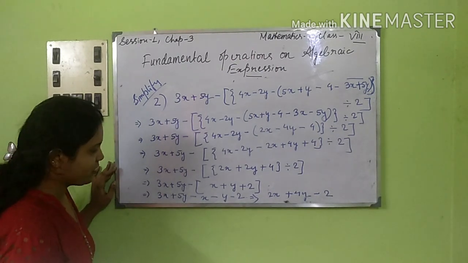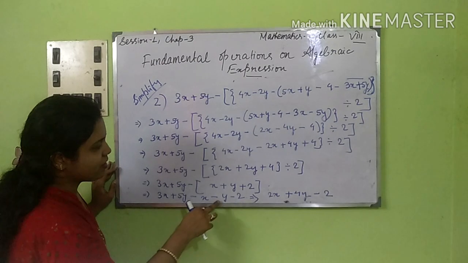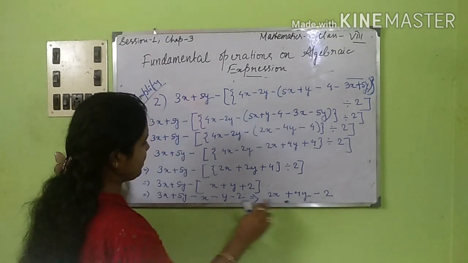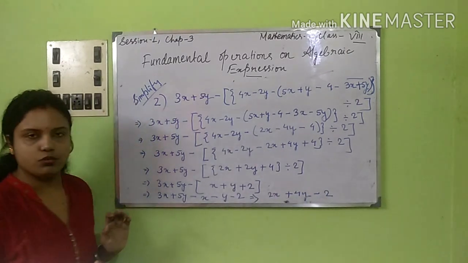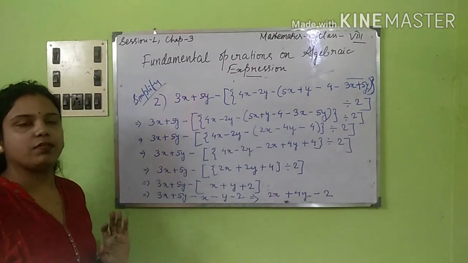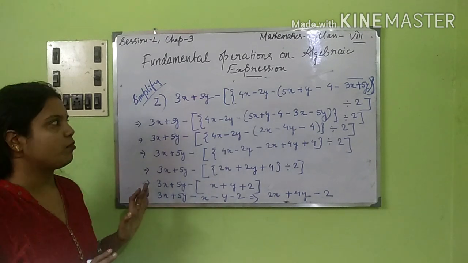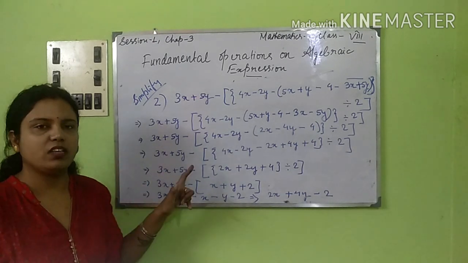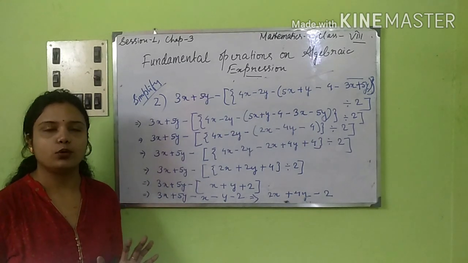Simply just simplify this part. 3x minus x is 2x, 5y minus y is 4y, plus 4y minus, and here minus 2, we have put the minus 2 here. So this is about the simplification. Okay, I hope it's very clear to you. You won't have any problem in this part. Simplification, it's very scoring, but see that you are practicing all the sums that are there in your books.